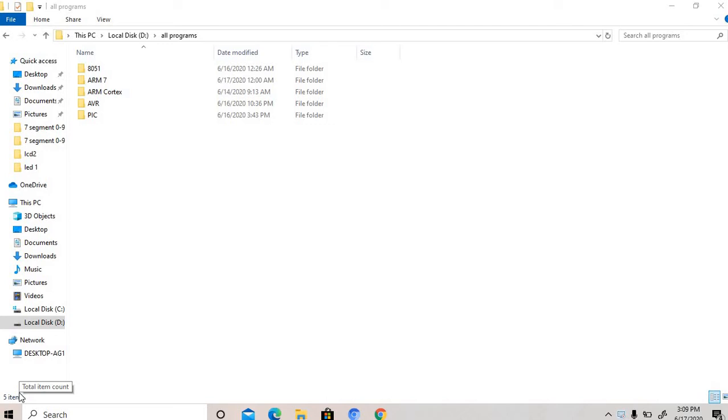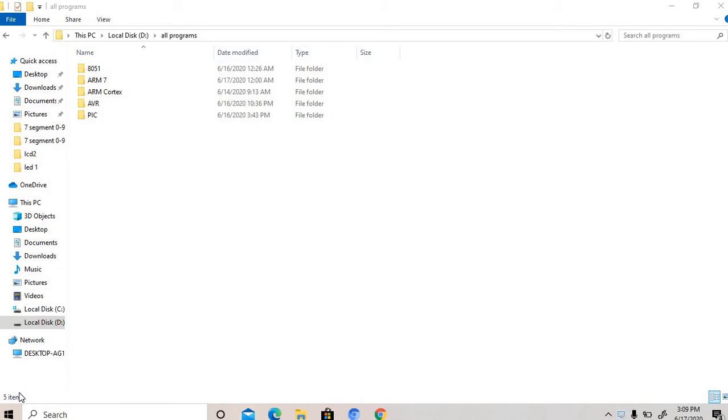Today we have to work on interfacing of LCD with 8051. For writing this code we are using Keil compiler and for debugging we will use Proteus. Firstly, work on Keil. For those who are working on Keil for the first time and want to make a project in Keil compiler, I have put the link in the comment box.